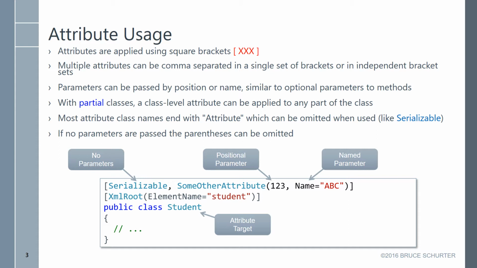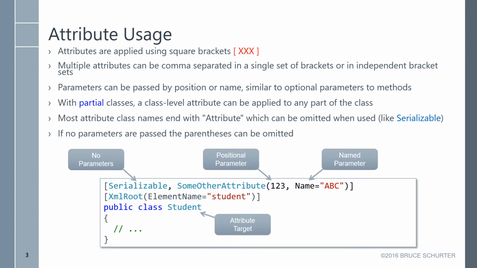So in the example at the bottom, we have a class called Student. Notice here it is Serializable, and then I have a comma with SomeOtherAttribute. Now, SomeOtherAttribute doesn't exist. It's just a random name I pulled out of thin air, just to show you what you could do with a second attribute you wish to apply to that class. So notice that is two different attributes, the first one being Serializable, no parens, the next one SomeOtherAttribute where I pass a